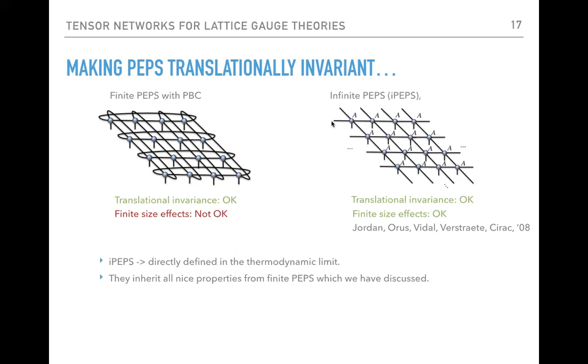And these iPEPS inherit all the nice properties from PEPS that we described, in the sense that they can describe polynomially decaying correlation functions, they are dense, they obey the area law and all that. And one thing which makes them special is, of course, since it's an infinite tensor network, you only need to keep track of a given unit cell. So you define yourself a unit cell, and this unit cell is repeated infinitely many times in all directions.